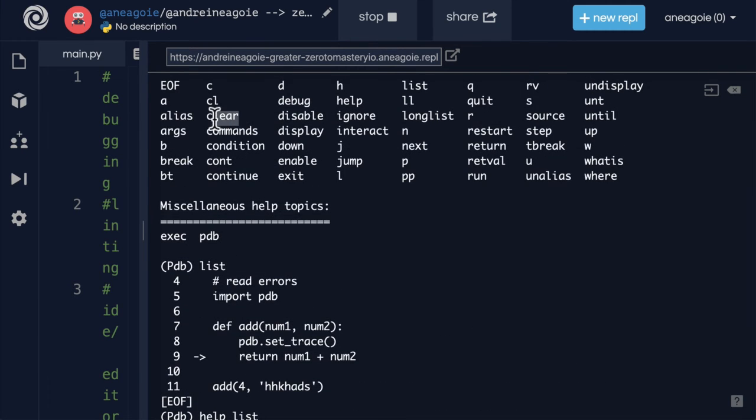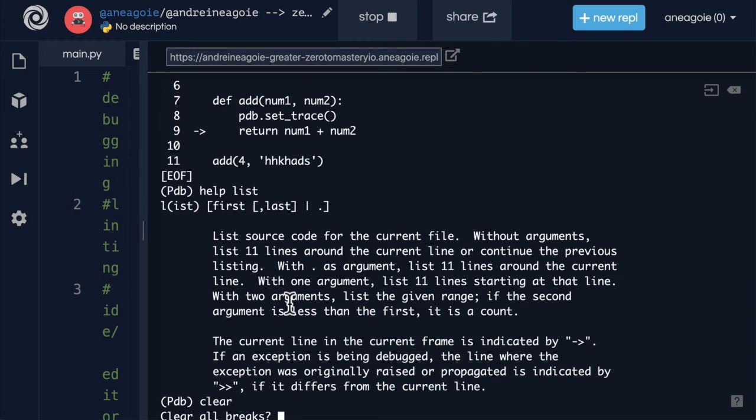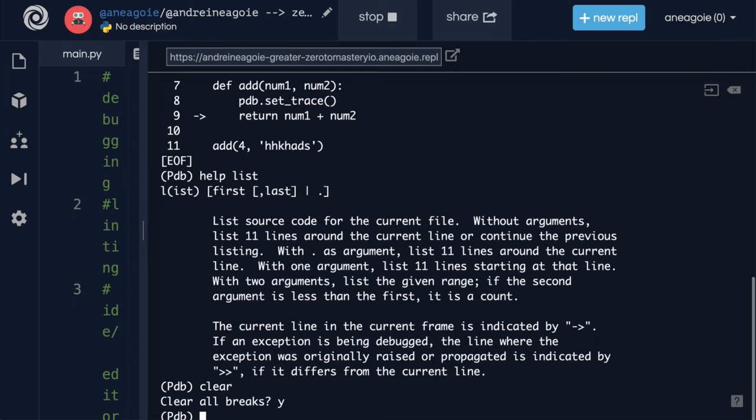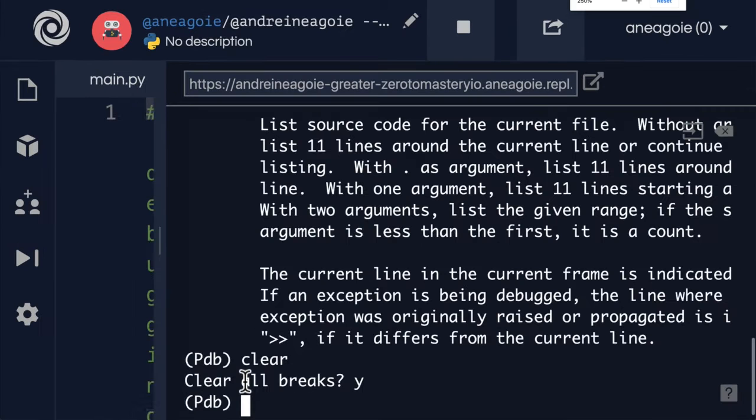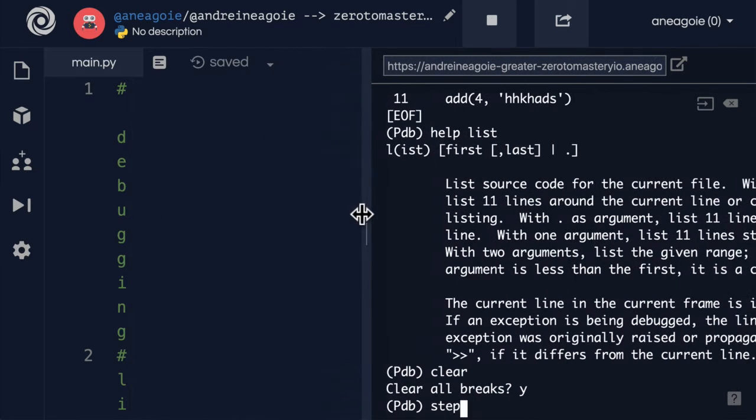Let's actually use clear to bring this up to the top. So I'm going to say clear so that it clears all breaks. Let's make this a little bit bigger so you can see. There you go. That's better. All right, so now I can actually do something like step. And step is going to allow us to go to the next line. So again, if we make this a little bit bigger,